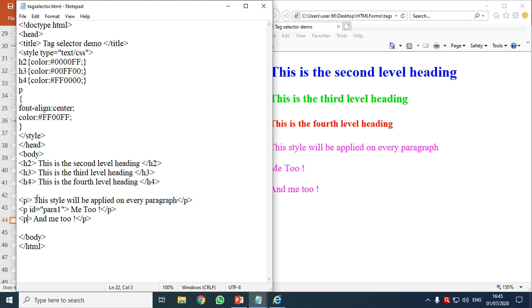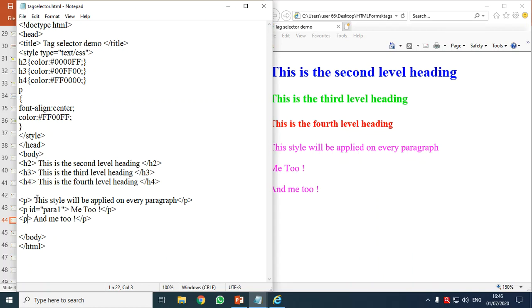So what is a class selector? If we have similar tags in our web pages and we want all the text surrounded by these tags to look different, then you call each one of the tags by a different name, and when you are applying styles, call that particular name.